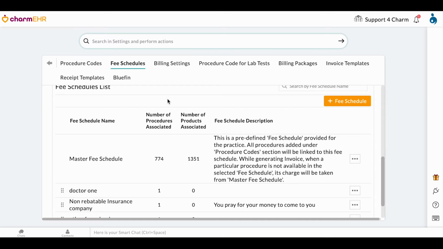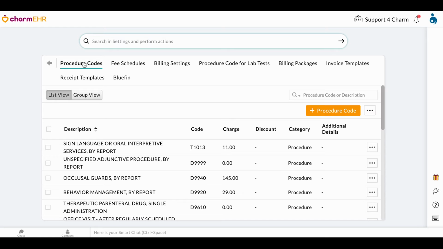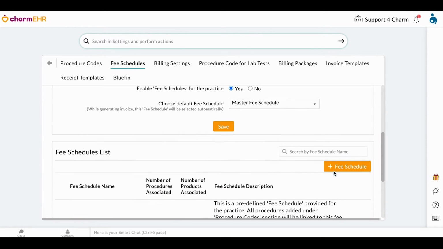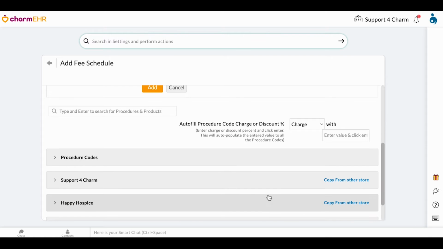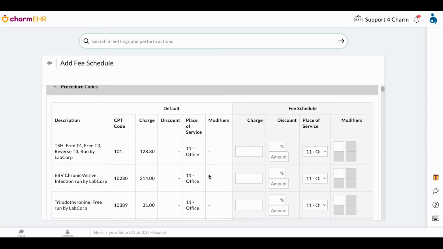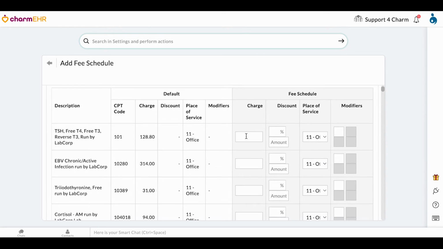Basically, this is where you have the alternate prices from what you have in the procedure codes. The procedure codes are also known as the master list. The fee schedules are like the alternate price. If I want to add a fee schedule, it'll have all the things from the procedure codes here, and this has no differences. What is the difference? If I want to say instead of 128, I charge 100,